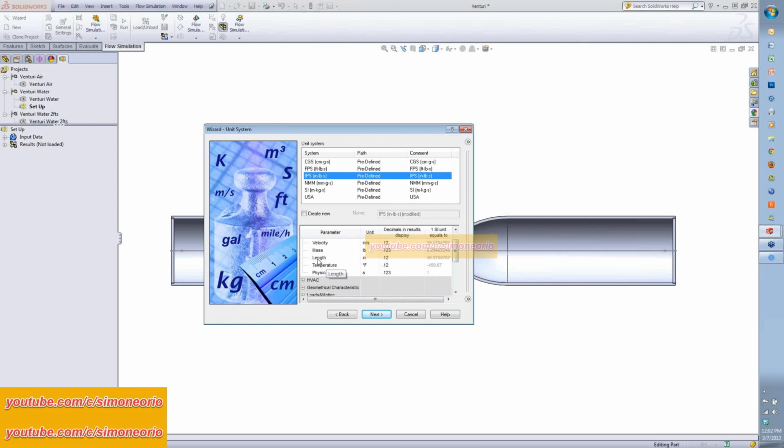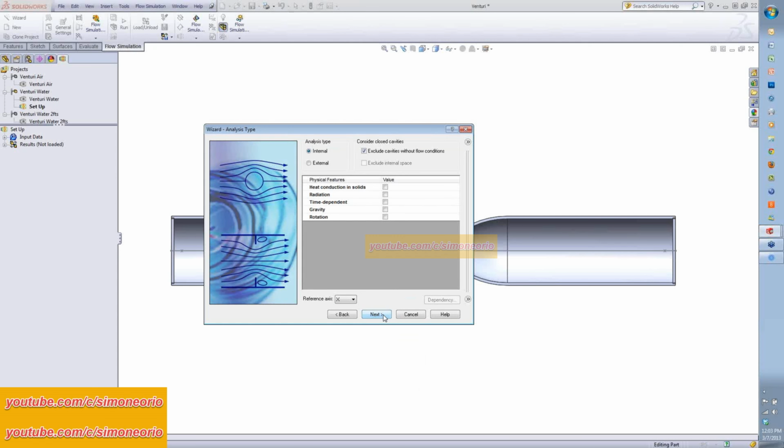So in here, if I wanted length instead of inches to be in feet, we can do that, or meters, or millimeters, whatever unit of length we want, even down to a rod, which is not necessarily common, or chain, or cab, but more commonly inch, or centimeter, or foot, along those lines. So we can select our standards from here. And actually I want to switch this back to inches at this point.